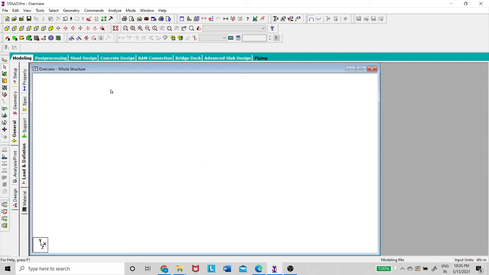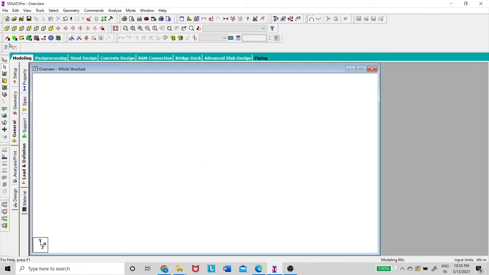And whatever the figure is there on the screen, if you want to rotate it in which direction, about the x axis, about the y axis, about the z axis, all these things can be used here. And sometimes if you zoom something and if you want to go back to the original structure, then you can use this old structure. And if you want to zoom a particular thing, then you can use these zoom tools. And these are the things we use only for the file purpose.